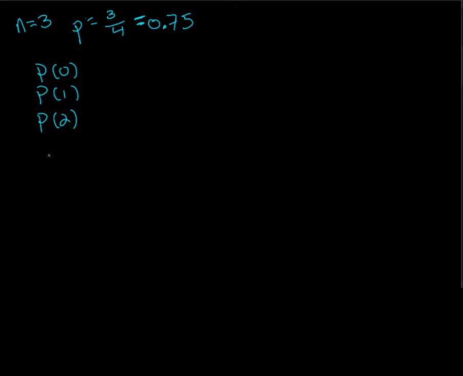Okay, we're going to look at some probability distributions. The probability distribution I'm going to look at is we're going to do 3 trials, so n equals 3, with a probability of success on each trial of 3/4, which is the same as 0.75. We're going to do a binomial distribution, and look at each probability of the binomial distribution. So we could have the probability of 0, the probability of 1, the probability of 2, and the probability